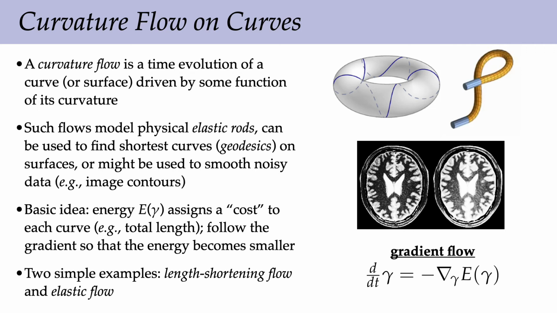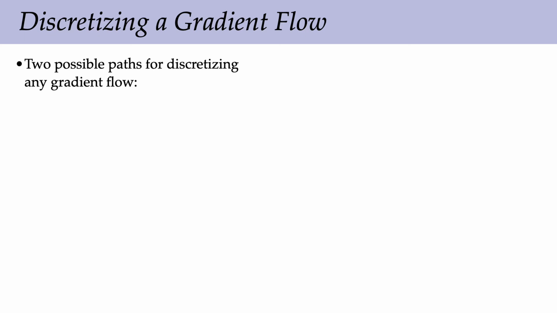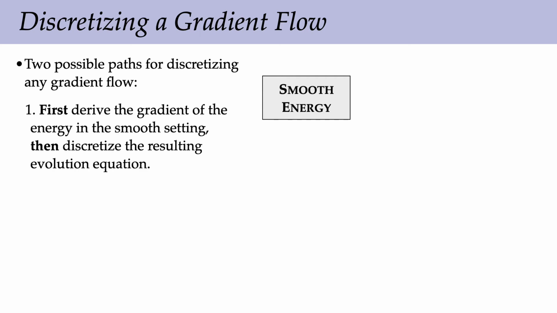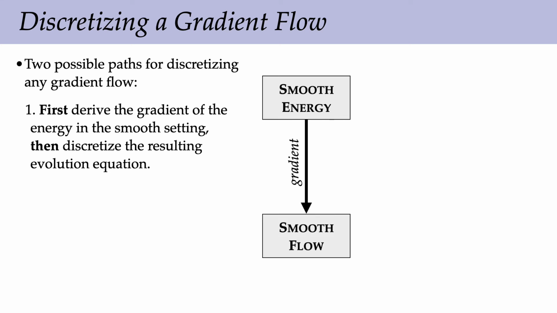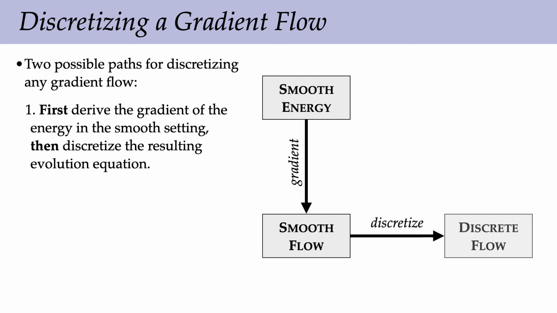Okay? So before saying what these are in particular, I just want to point out that there are often two different paths for discretizing a given gradient flow. In both cases, I start out with some description of this smooth energy. I think of it as a smooth energy on a smooth curve. So I could first take the gradient of the energy in the smooth setting. Right? This gives me some evolution equation for the curve. The change over time of the curve is equal to some function of the curve. Okay? And then I could discretize